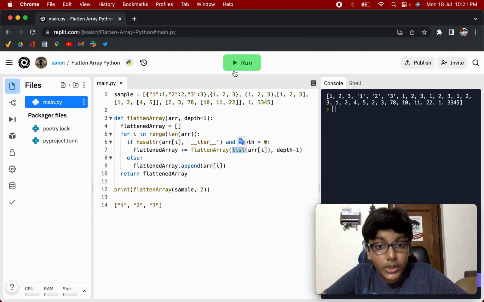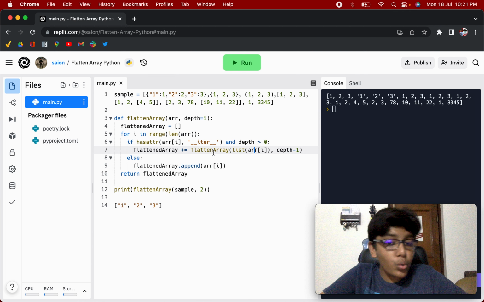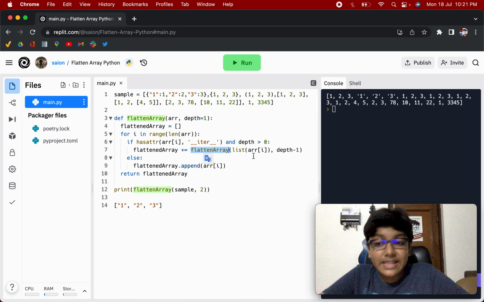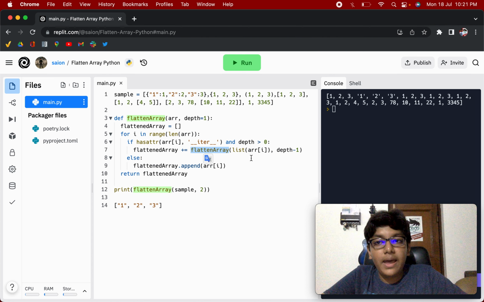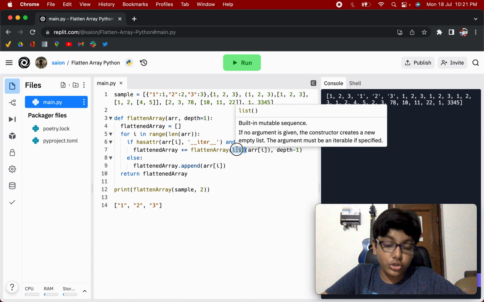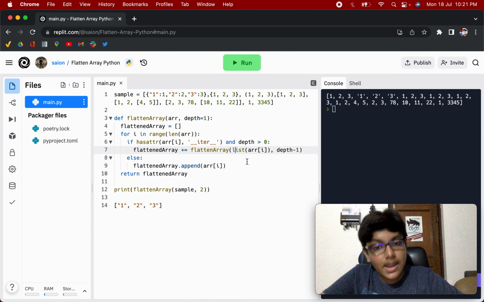And now we are converting this to a list and then passing it to our flatten array. We are converting this to a list because we cannot access elements by their index in a set or a dictionary. That's why we have to convert it to a list first, so that we can access it by the index. So now we are passing flatten array this set, converted to a list,